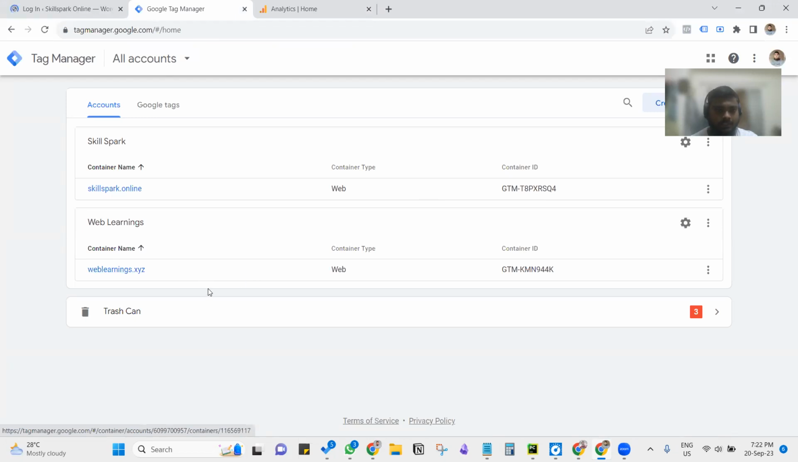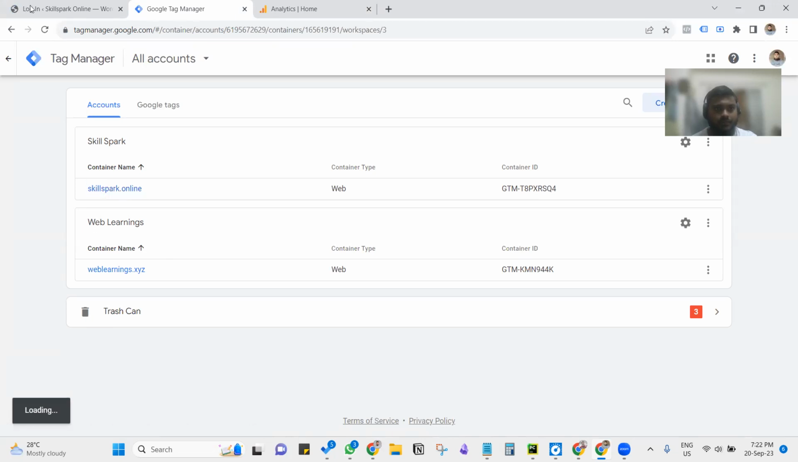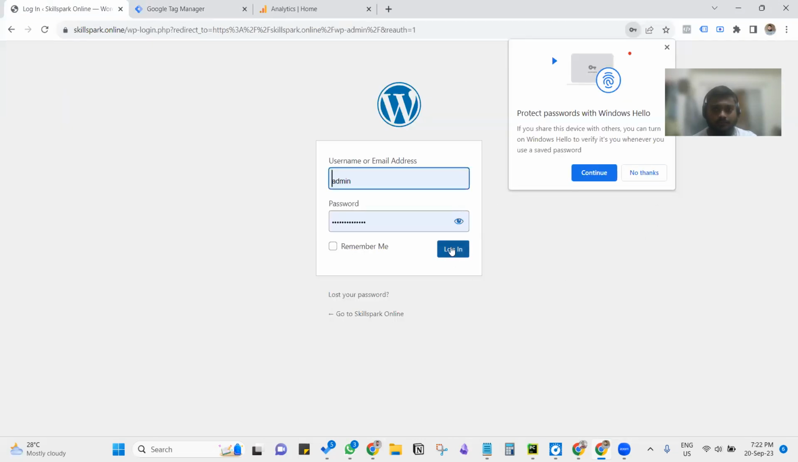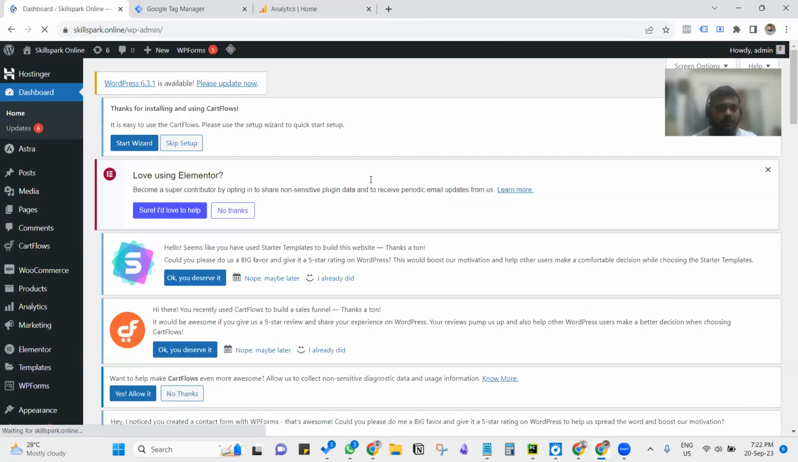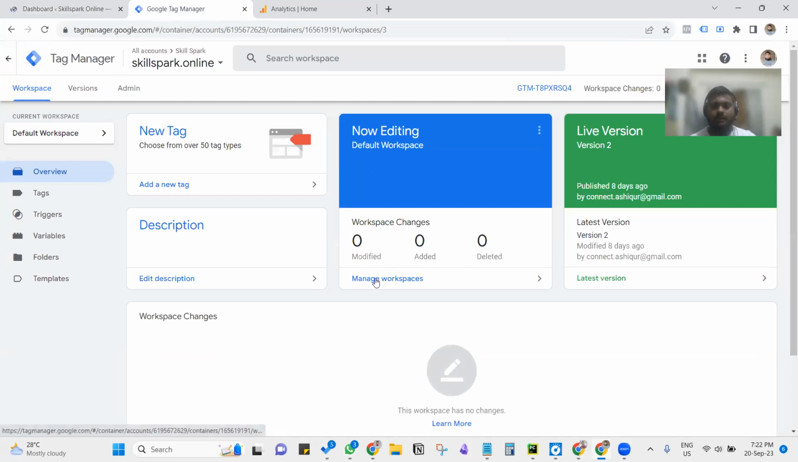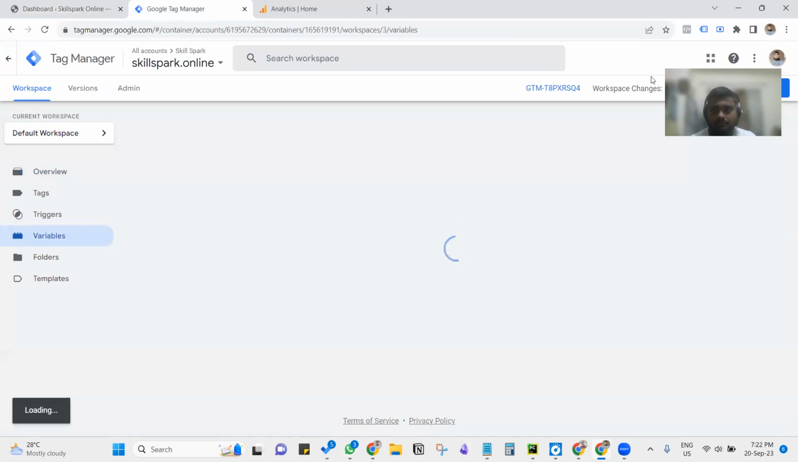Now we can go to our Tag Manager account and also log into our WordPress dashboard. Okay, so I have created a lot of videos about Tag Manager. To send data for scroll event, we have to create variables. So let's go to variables